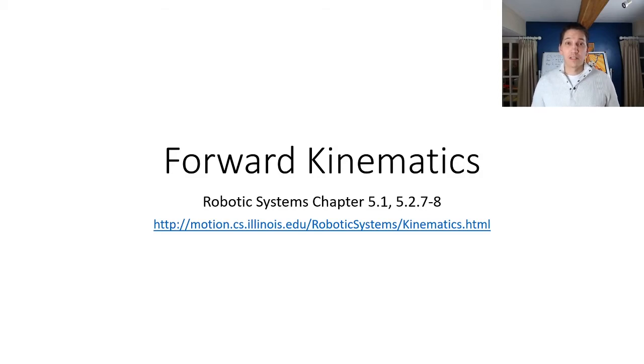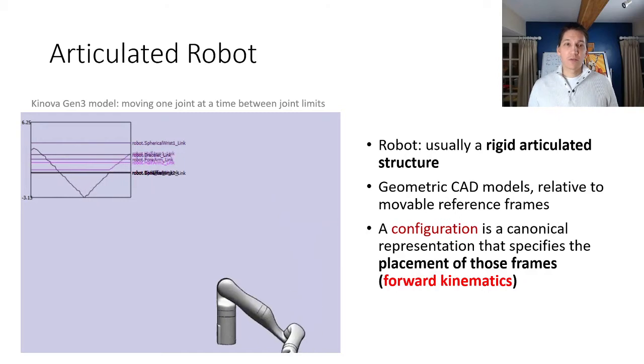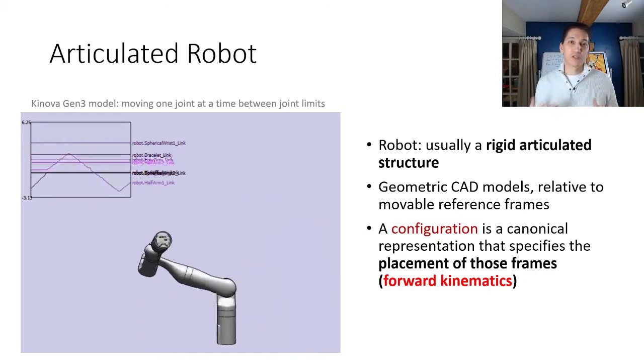Hello everyone. Today we're going to be talking about forward kinematics, and this is the subject of Robotic Systems Chapter 5, and specifically these readings here are the ones that you should pay the most attention to. So when we talk about articulated robots, we usually mean that we have a robot that's mostly a rigid structure